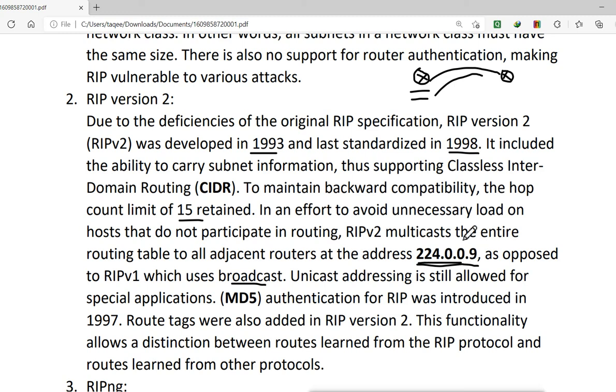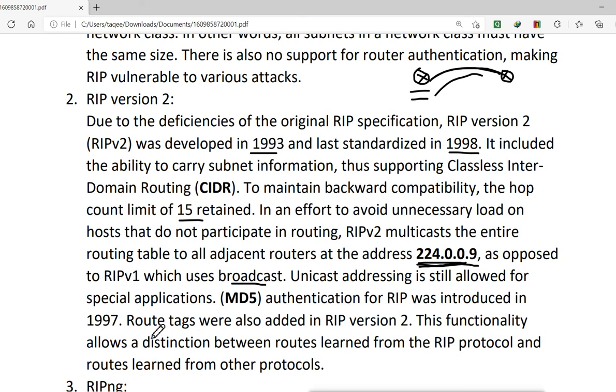Remember, RIP version 1 broadcasts the routing table to other routers and does not verify. But version 2 does the multicast, and it uses this multicast address to send the information to other routers. Unicast addressing is still allowed for special applications, and MD5 authentication for RIP was introduced in 1997.